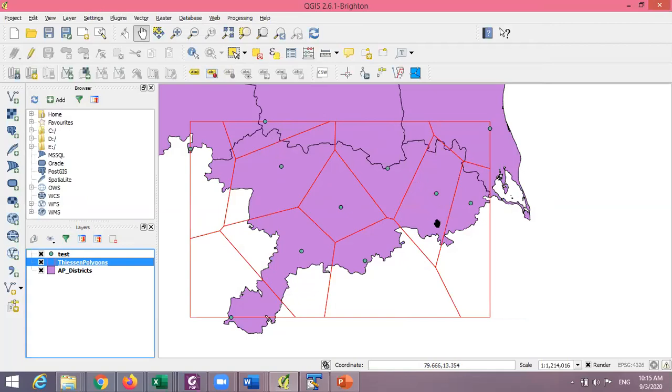But because I did this randomly, it's not covering the entire area of Chittoor district. You're able to see this is the boundary of Chittoor district. On this side there's no problem. On this side I'm missing a little bit of an area, right? This area, which is actually inside Chittoor district, is not falling inside my Thiessen polygons, but that's okay, a minor point. You can very easily fix that.